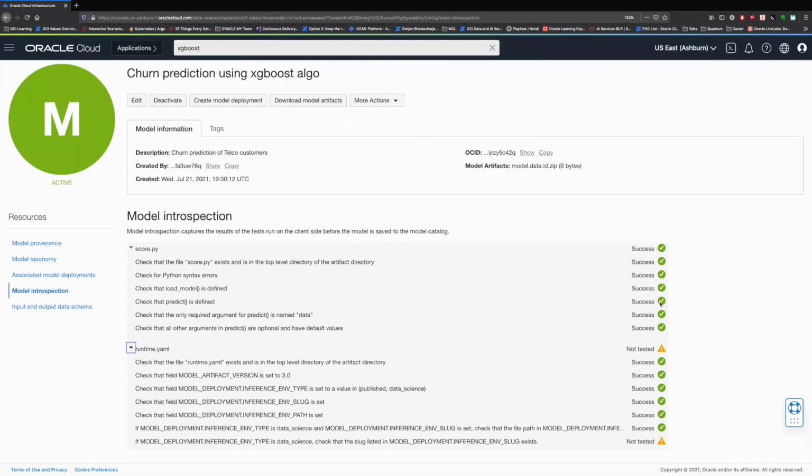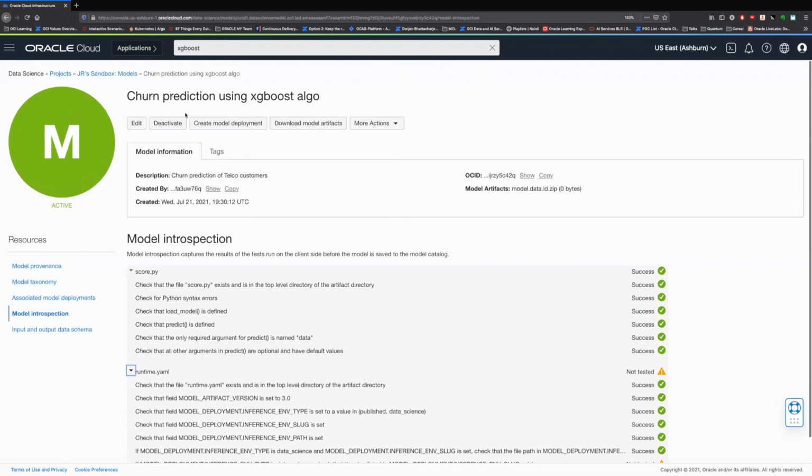It runs a series of checks on your model artifact to make sure that you have covered all the basics, like your score.py is correctly written, the runtime YAML references a valid conda environment, etc. Eventually, we'll add more tests over time. So far, as part of this release, we have added 14 tests. When you save the model, ADS will run those checks and give results as output before saving the model. And also, as part of saving the model, ADS will take those results from local and upload those test results so that we can see them in the console.